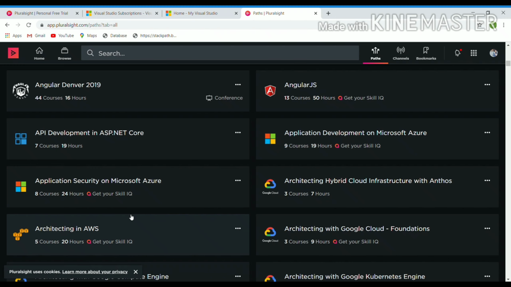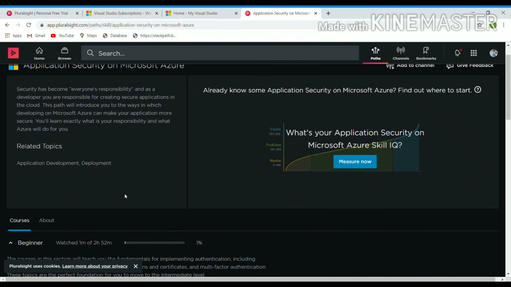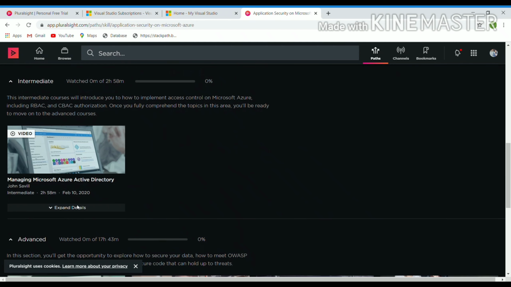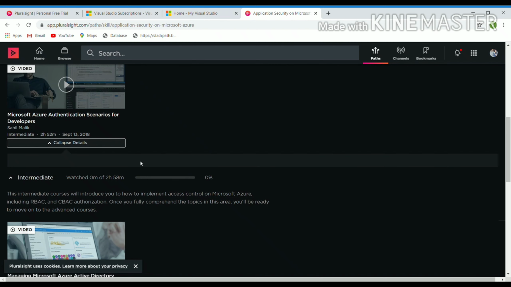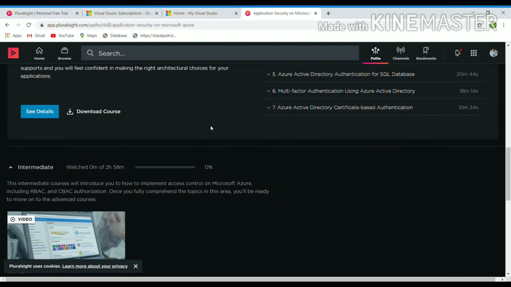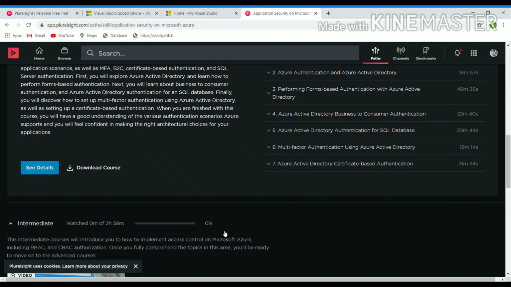And now I click on application security on Microsoft Azure to show you how to complete the whole course. In beginner, you can see that the video contains 2 hours 52 minutes, and by expanding the details, you can see the description of the video and the table of contents, meaning how many parts the course has.